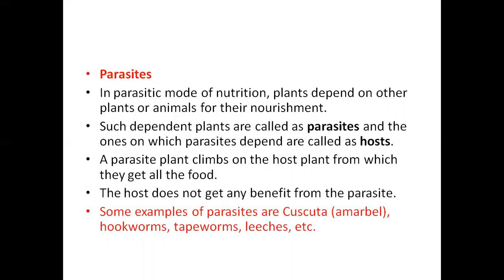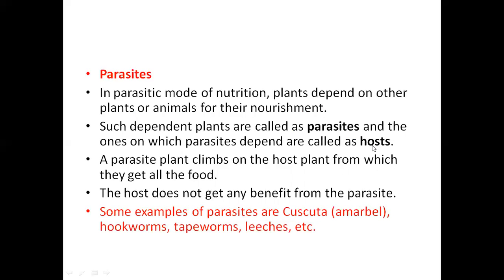But here we are learning about the plants which are parasites. Okay, the parasitic plants we are learning about. What are they first of all? Let us see. In the parasitic mode of nutrition, plants depend on other plants or animals for their nourishment. Because they are dependent, such plants are called parasites, and the ones on which these parasites depend are called